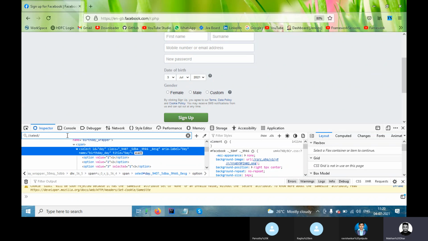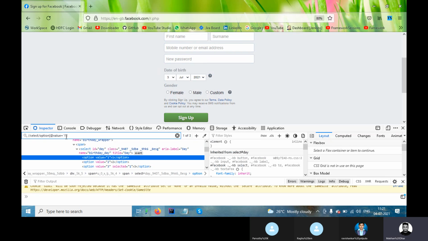It is my parent, and the options available are my child, option. For example, the attribute name is value, so I'm giving value equal to, for example, 1. So it is coming 1.